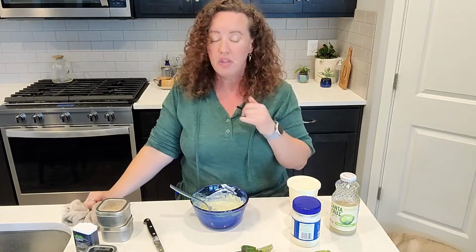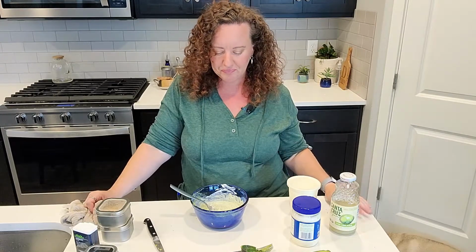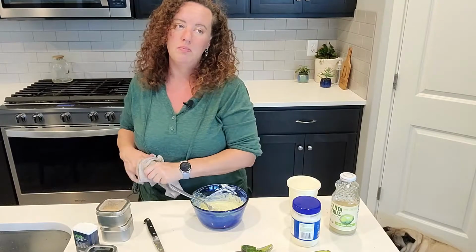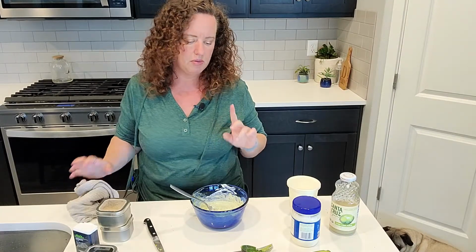And it's gonna go so good with that. If you want it to be spicy, add some red pepper flakes or some diced up jalapeno to this. It'd be really good. All right, I'm gonna get this all cleaned up and then we'll be back to check